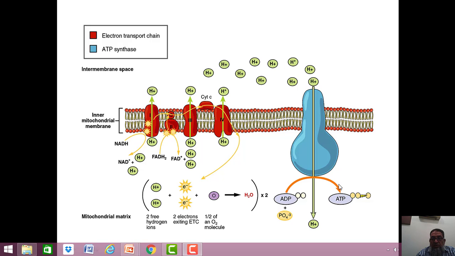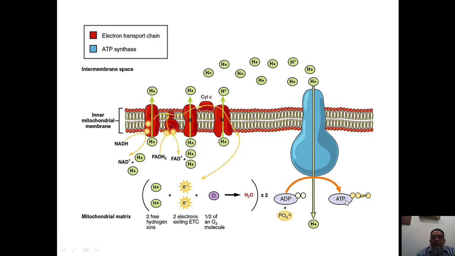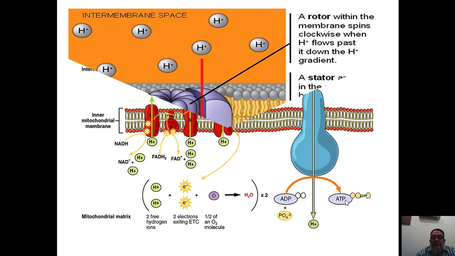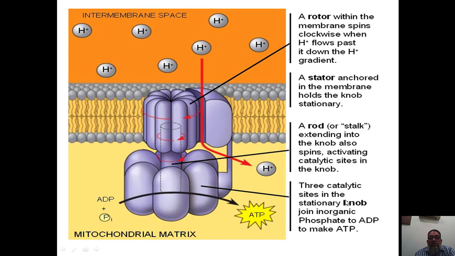In this diagram, you see this is the H ion, PO4 minus 3 is again added, and then ATP is produced as an energy reservoir. This is the mechanism through which the F1 particle acts in the production of the ATP molecule.